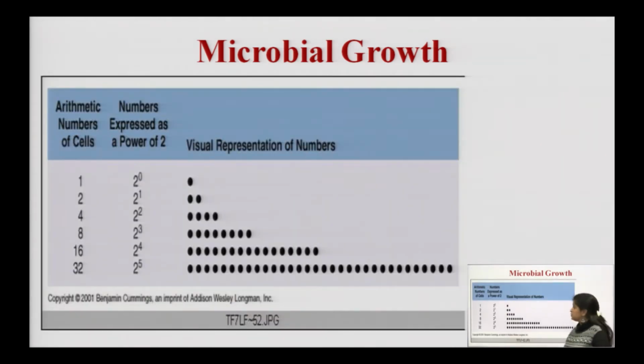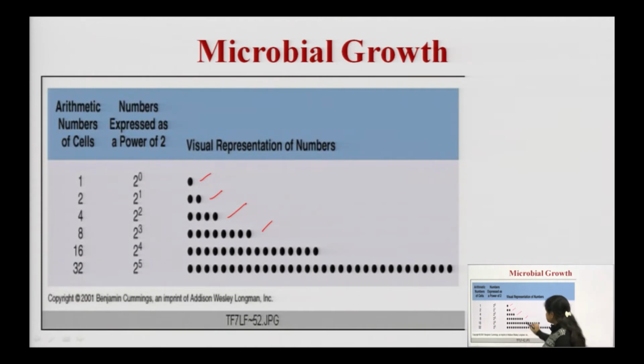After that, as I was telling, one cell will get divided into two cells, and from two cells four cells will generate, and from four cells, as you can see, 8 cells will generate. So there is always an exponential increase in the number of microorganisms, the number of bacteria, whatever bacteria you inoculate within the sample or the culture media. There will be an exponential increase in the number of bacteria.